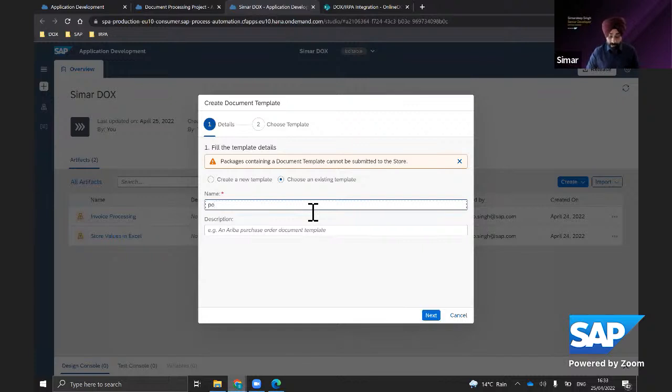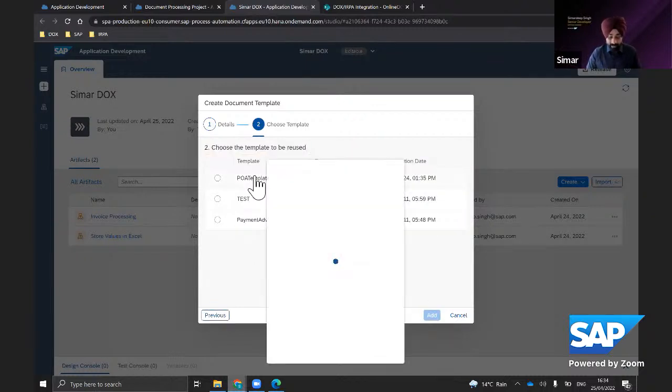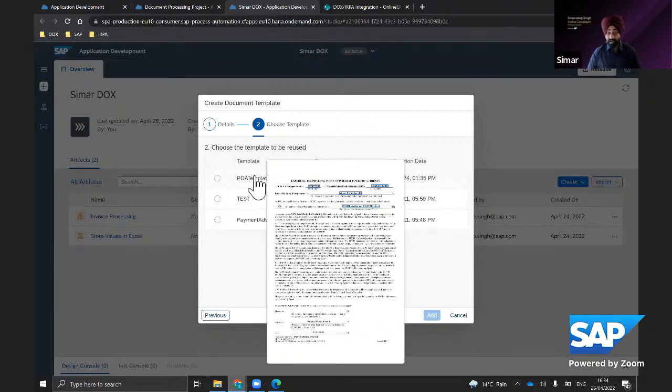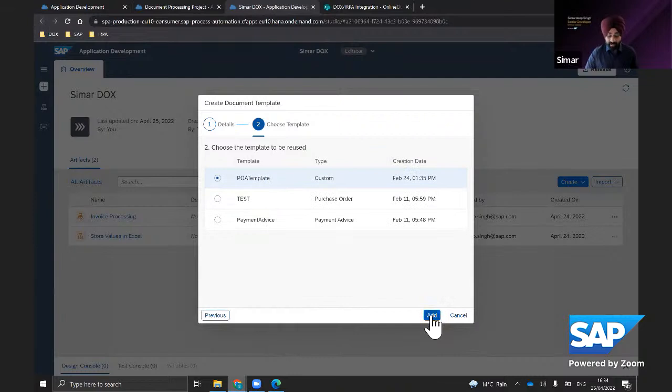So let's use an existing template. I will name it PO template demo, and okay. I have this template already available. If you hover on it, you can always grab the existing templates into your project. I already have a template in which I annotated the fields, so I will use the same template in my project.